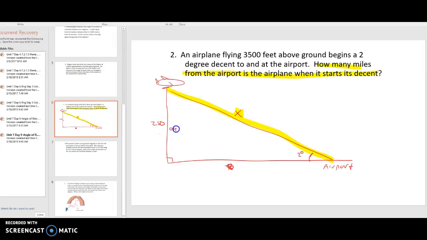This is the side opposite. This is the hypotenuse, which will give us sine. So the sine of 2 degrees is equal to 250 divided by x. Since x is in the denominator, we're going to go ahead and take 250, swap places with sine 2. So divided by sine of 2 gives you